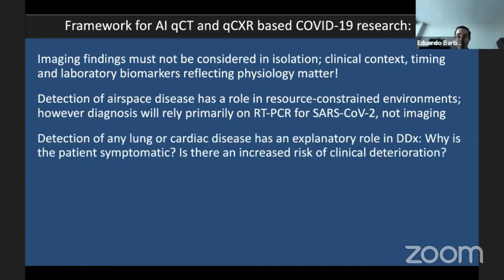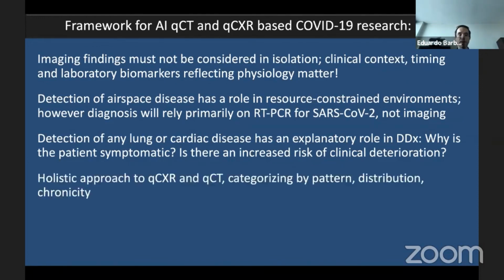Detection of other types of diseases is relevant in the sense that it changes the patient's risk for poor outcomes. It's different if you're a relatively healthy, young patient that does not have any known pre-existing condition, or if you do, in terms of your risk of poor outcomes. And that's been shown in multiple published papers that age and comorbidities are risk factors for poor outcomes,